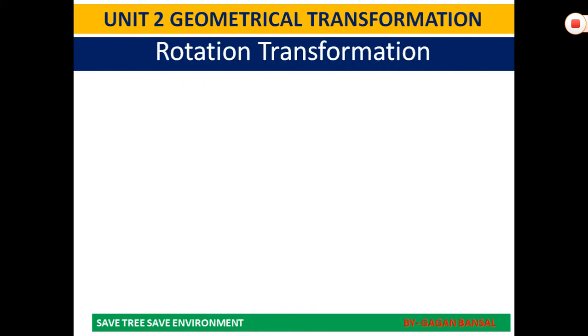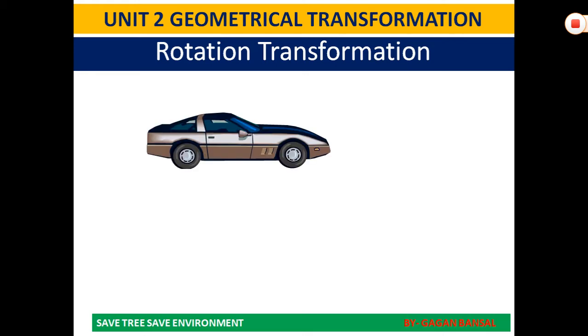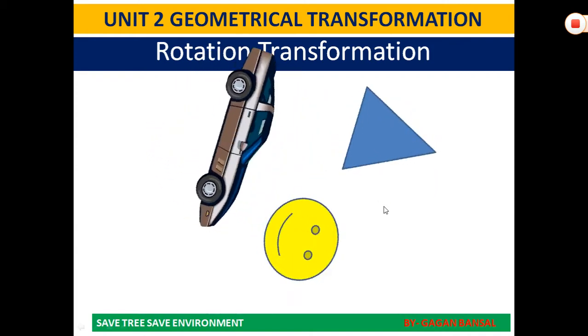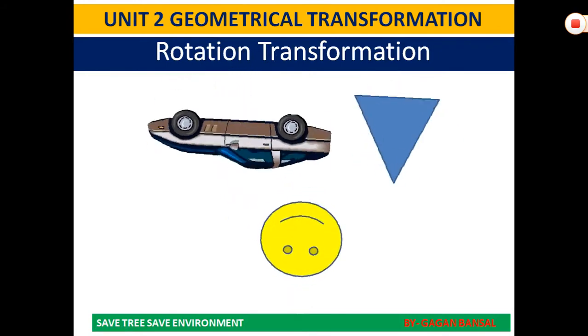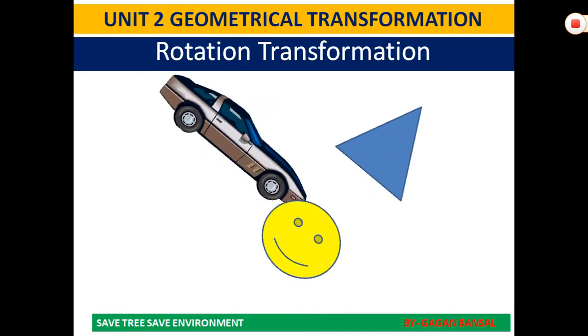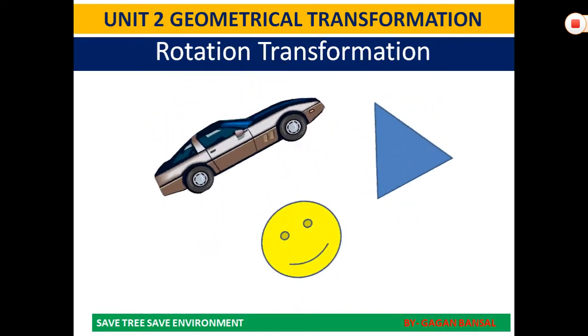Next is rotation transformation. Again, by the name it is clear. Rotation transformation is when you have a rotational motion that we want to see. Suppose we have different bodies and we want to rotate them clockwise or anti-clockwise by any particular angle; that can be done using rotation transformation. As you can see in this particular figure, we have made a rotation exposure to different objects. This comes under rotation transformation.